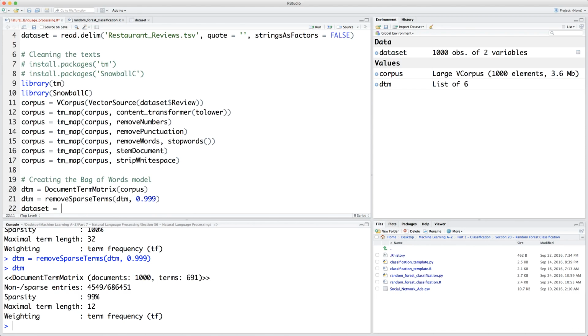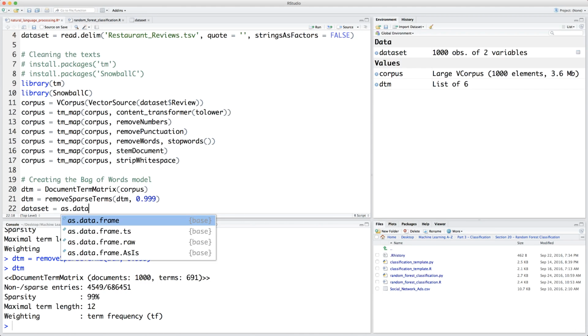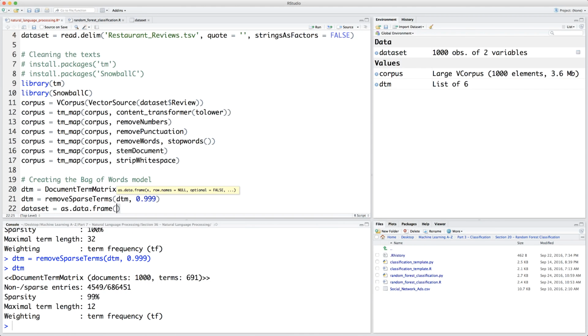Dataset equals, and then that's when we use the as.data.frame. Here it is, that's the first one. Here we go. And so now we need to input the matrix we want to transform into a data frame, and that's of course DTM. And just to make sure we have the matrix type expected by this as.data.frame function, well, we need to use